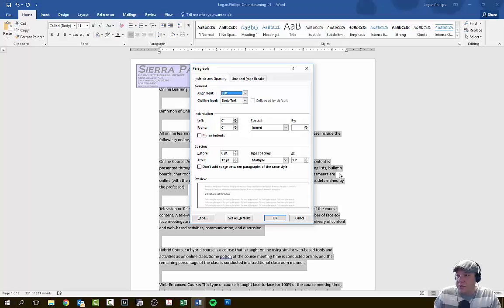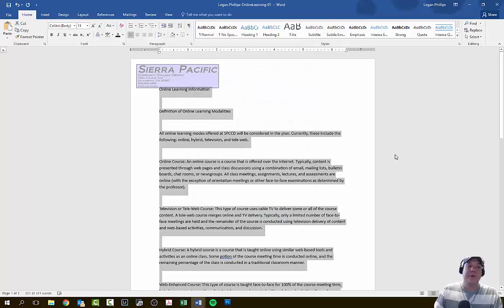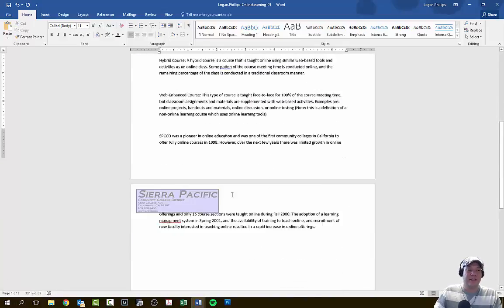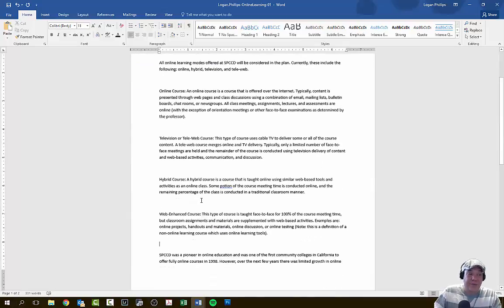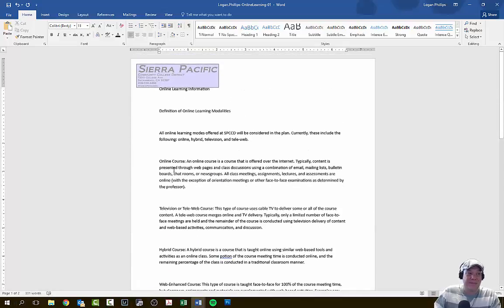Let's just make sure. Okay. And we're going to hit OK. Now the next thing we do is, right now we can see that this is really spread out. It looks sort of bad. And we have this whole empty line in between each of the paragraphs. That's actually an individual paragraph of itself. It's an empty paragraph. What I want to do here is actually delete these empty paragraphs so everything condenses